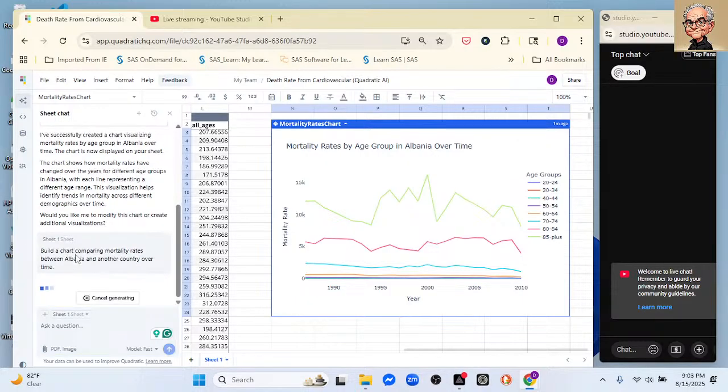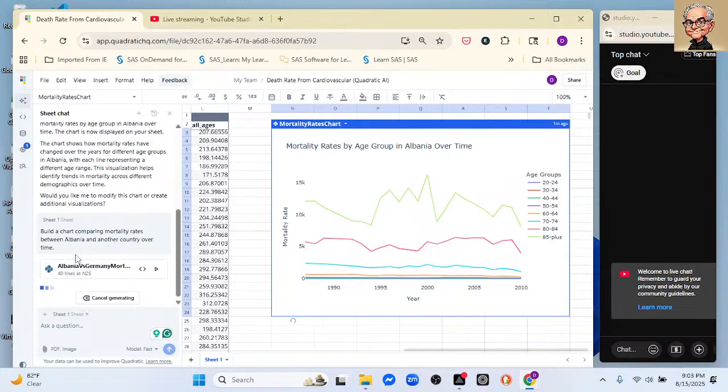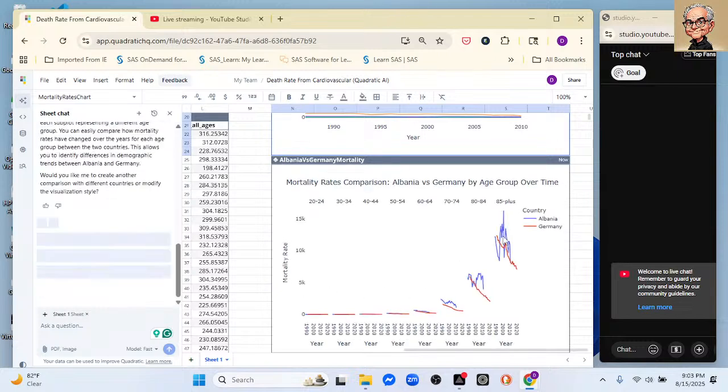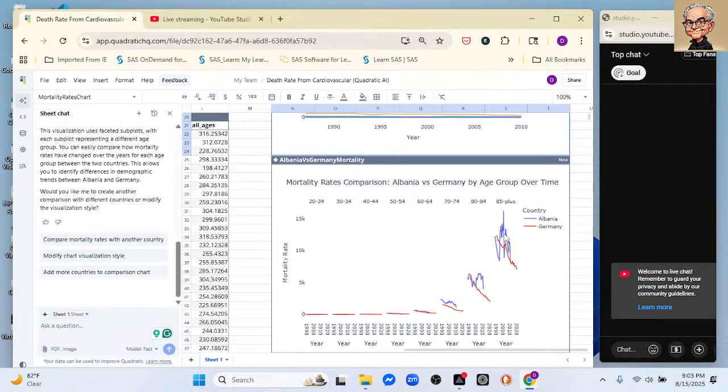Compare two countries. So what we see to a certain extent is that the data is pretty